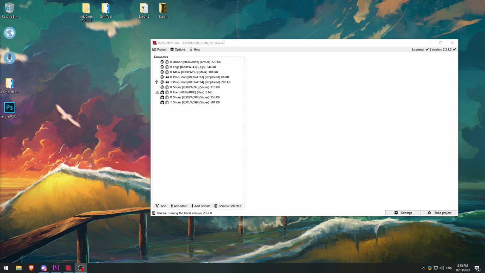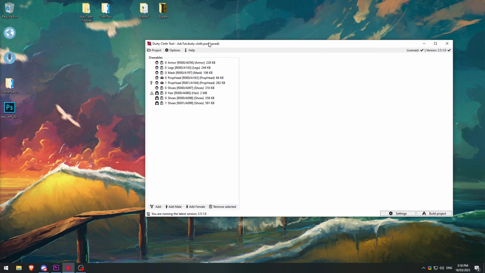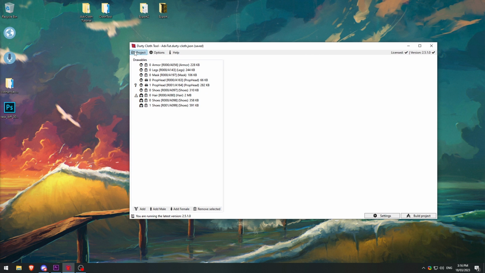Real quick, this is an editor's note because I forgot to mention it when I was doing the tutorial before. But in the project, if you look at the optimized project data, what this option does, it will run an optimization process that optimizes the project data folder. So the data folder I just showed you guys, basically if you click this, it will delete any unused files. So any duplicates or any files that you've already optimized that it no longer needs or things like that, it will go ahead and remove that. So if we run it right now,